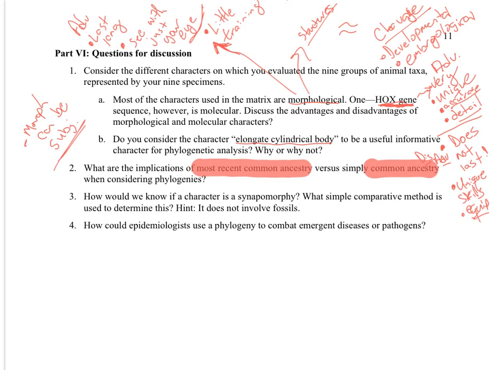If we go far enough back, we'll find similarity between bananas and humans. We'll find similarity between insects and humans, etc. And that similarity means something. It means we have a common ancestry, and there are implications to that. But the most recent common ancestor is much more useful because it tells us the more recently we're related, the more traits we have in similarity. As the activity asked you to look at,